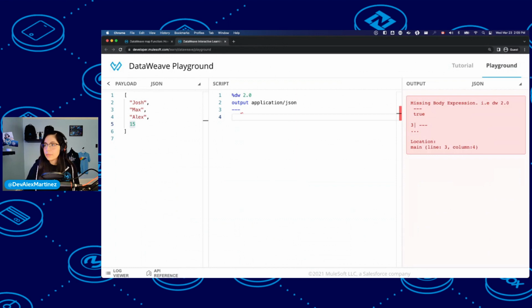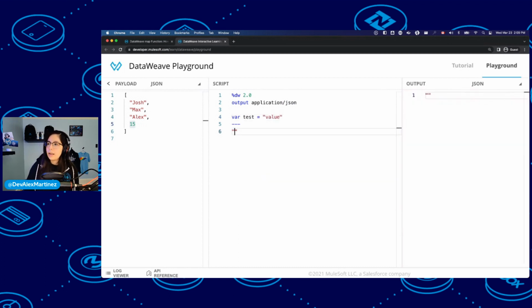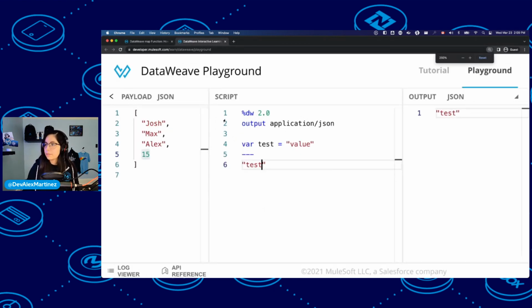So if I have quotes here, and let me create a variable, var test, and then here value. I have quotes and I write test. It doesn't do anything, right? It just outputs test, because that's expected. But then what happens if I put dollar sign and then, oh, actually just like that works. So if you put dollar sign and then test, it's taking whatever is the value instead of taking the actual literal hard-coded value.